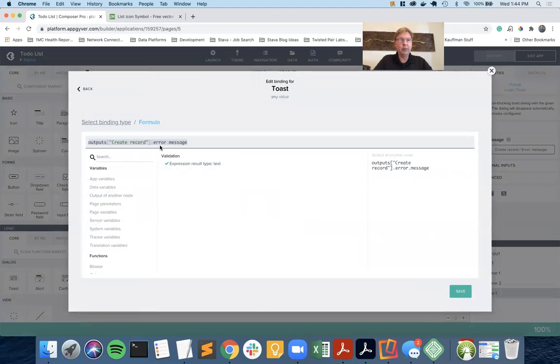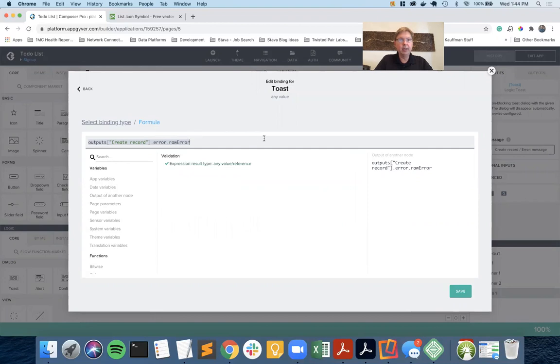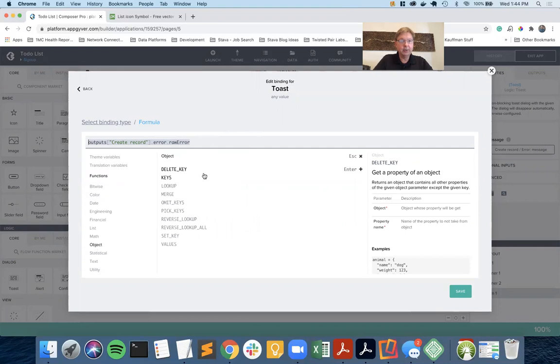So this is what was originally there for an error message. Let me just see, there we go. I got rid of the tail end of the text so that AppGyver would show me all my options. And I think we want to go with the raw error, but the key to that is we also want to be able to pick the message, because that was the JSON key out of that. So we want